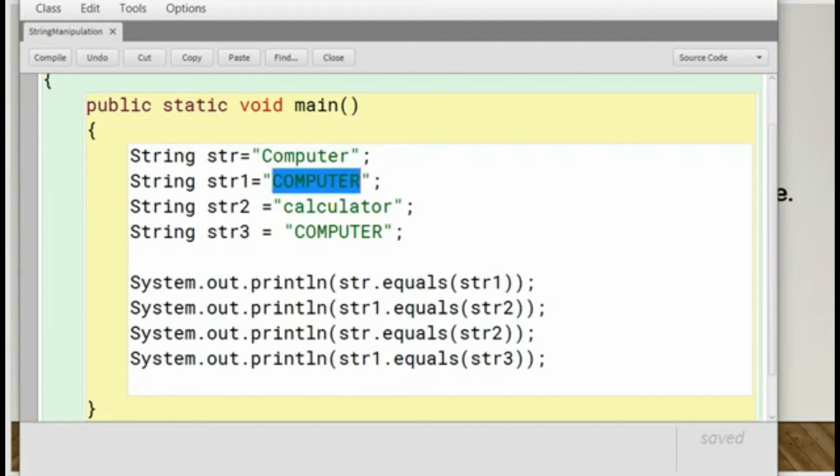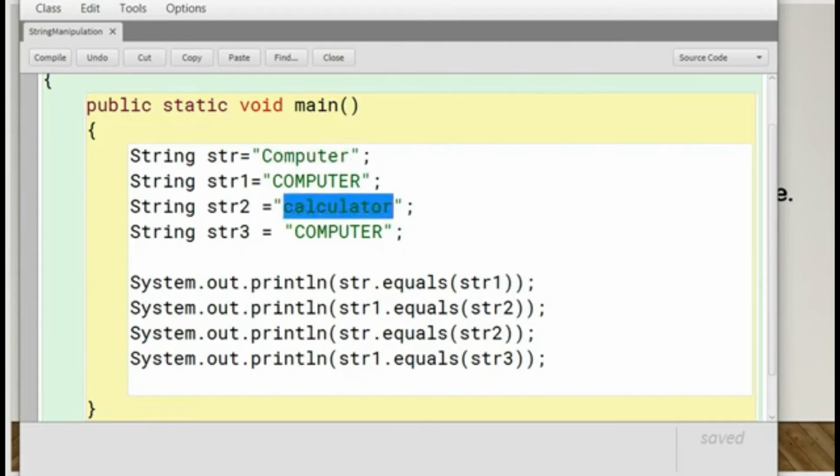In the next case, where we are comparing str1 with str2, the first character of str1 is a capital C, and the first character of str2 is a small letter.